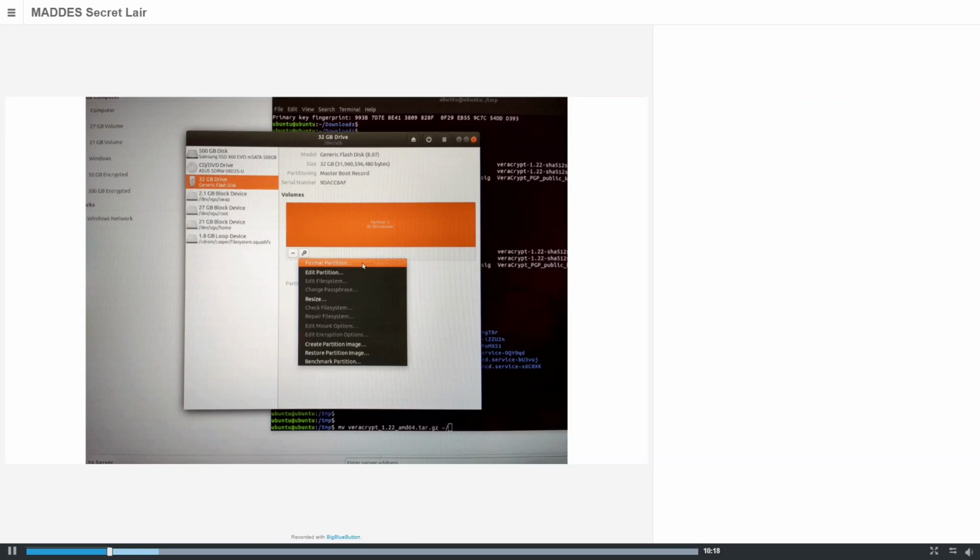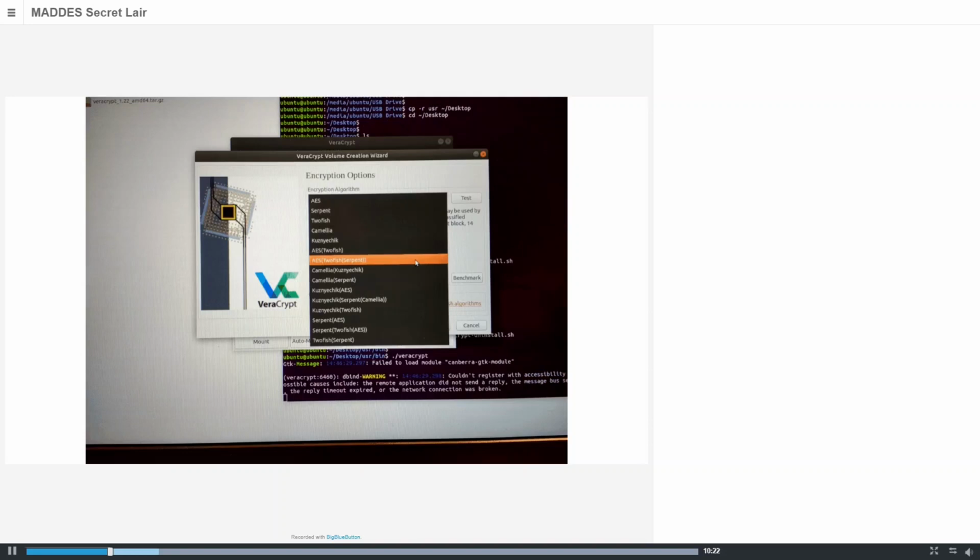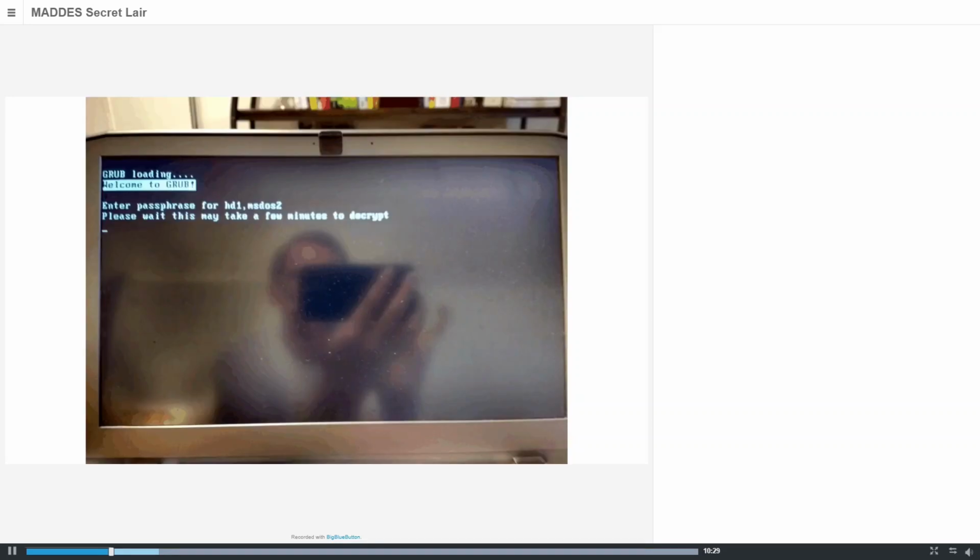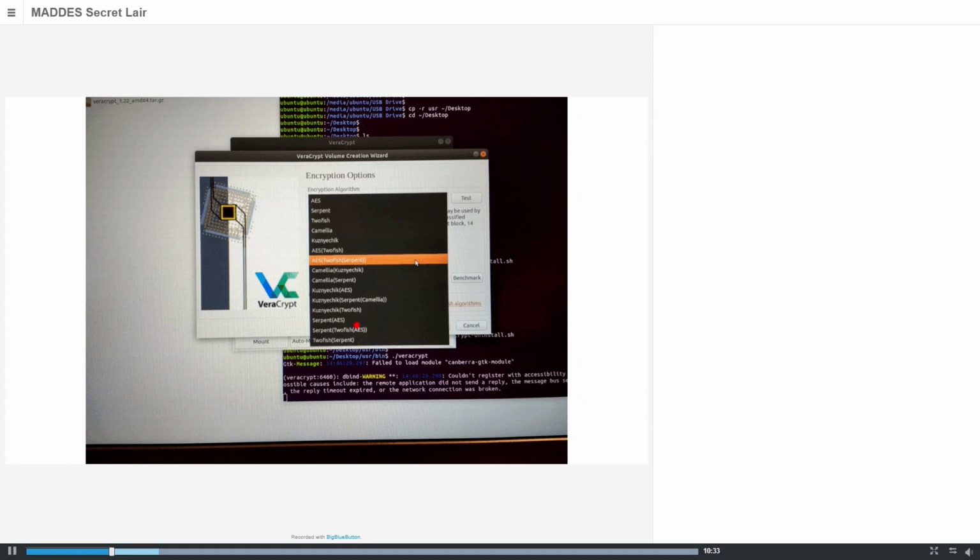Yeah, these are just a few examples of when we set up his system. There's a couple here coming up that actually show what he may have chosen. And I will also go back to that because that brings up a good point. For right now, it's not necessarily a limitation of MADDES. It's just that if you look here at the encryption algorithm setup, the one that starts with a K,